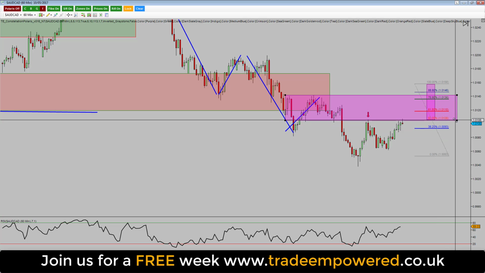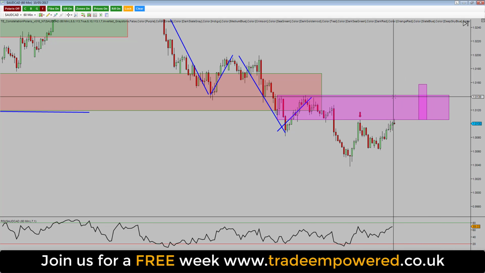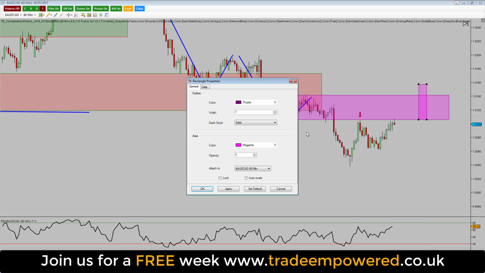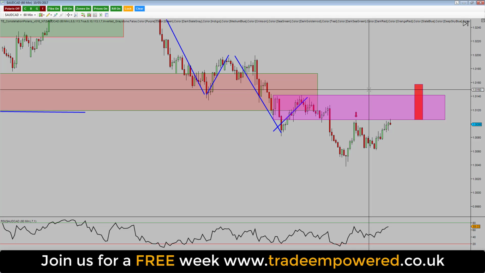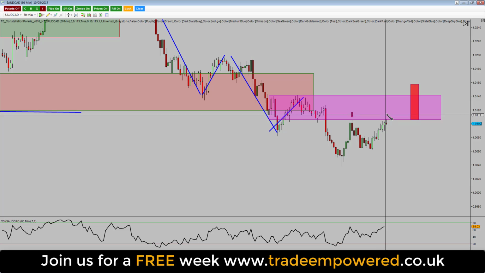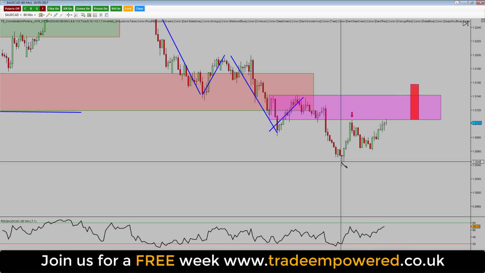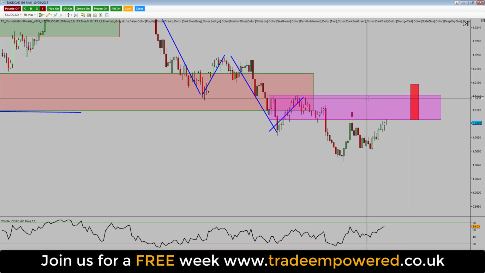Okay, so we can narrow down our kill zone so that we know we now need price action to push into this kill zone in order for us to get a minimum 1-to-1, because I want a minimum 1-to-1. Never want less than a 1-to-1 risk reward, other than on a CYPHER pattern, okay? And then we can start to look for our entry reasons. Now, the entry reasons for me will be price action pushing into this zone and then getting that lower low, lower close candle. So we haven't done that yet,